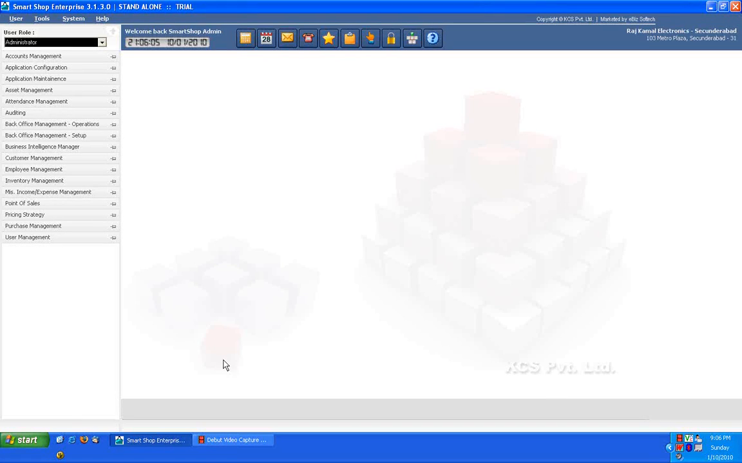The currently logged in user is named SmartShop admin. The user SmartShop admin is associated with the administrator role. The tabs on the left hand side panel are the responsibilities associated with the administrator role. For example, point of sales is a responsibility. Current collection, home delivery services, return inwards, sales desk, sales order, takeaway services are the menus defined for the point